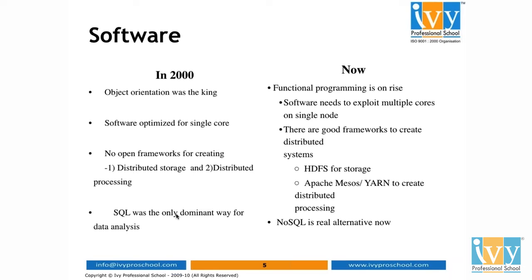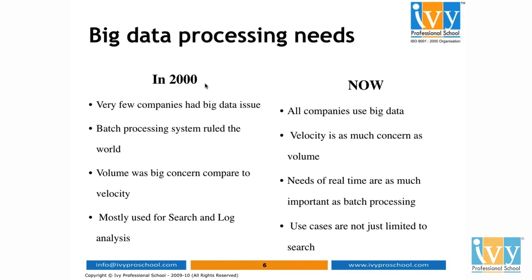So now the big data processing needs. Earlier, big data was a luxury. Only till 2000, only a few companies used big data for their processing, and it was mainly batch processing, with a huge amount of data. They were mainly focusing on volume. Do you understand the difference between batch processing and real-time processing? People who have already learned Hadoop know that it is mainly focused on batch processing. Batch processing means data is stored for some period of time and then processed using Hadoop, so there will be some time lag. Supposing some data is stored on disk, it can be processed later over a period of time.